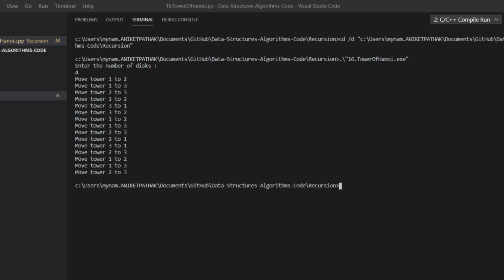So these are the steps that need to be performed to move all the disks from tower A to tower C. So we have to move from 1 to 2, then 1 to 3, then 2 to 3, 1 to 2, 3 to 1, 3 to 2, 1 to 2, 1 to 3, 2 to 3, 2 to 1, 3 to 1, 2 to 3, 1 to 2, 1 to 3, and then finally 2 to 3.